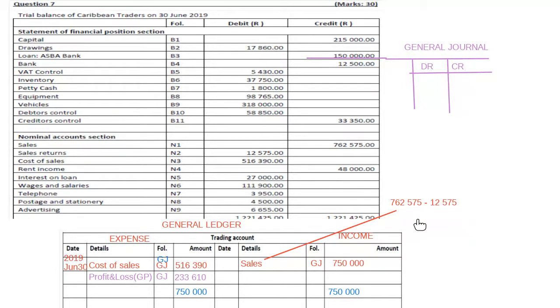Can you see now? So under the GJ, you will have more entries. The first thing that you must show me is that you transferred sales returns to the sales. So this was the first thing that you're supposed to do. For you to understand the GJ, you must check the sales returns here. Can you see? This is the sales returns, and here you have got sales returns on the debit side. This is the debit side, as you can see, the debit side on top here. So you've got the sales returns on the debit side. So if you transfer the sales returns,